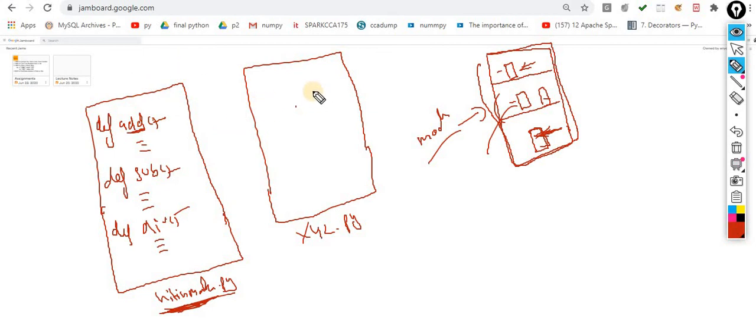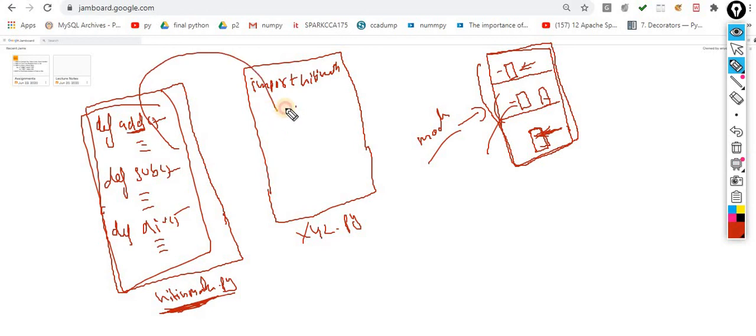And we know very well how we can import, with the help of import. Now what will I import? Nitin Math. I import this module, and now these functions are available inside this file. Now I can happily use Nitin Math.add very easily.